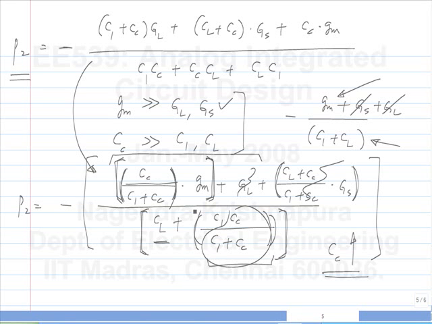Of course, when CC is 0, this expression is 0. At that point, the approximation to calculate P2 has broken down. So that's not a useful thing. But just by looking at how much the numerator increases and how much the denominator increases, you can say as CC increases, the second pole increases. The only thing I can say is that